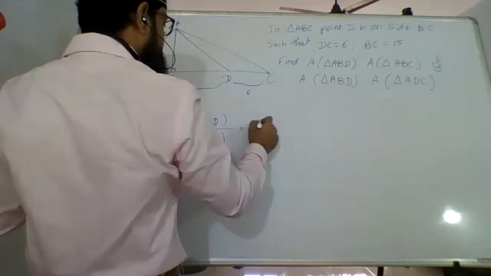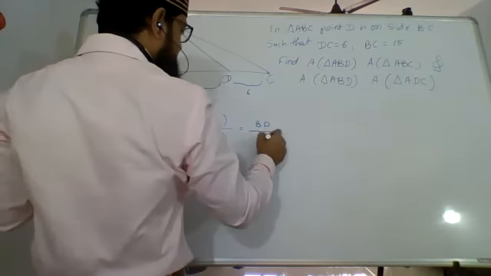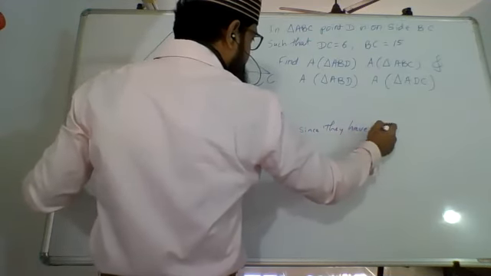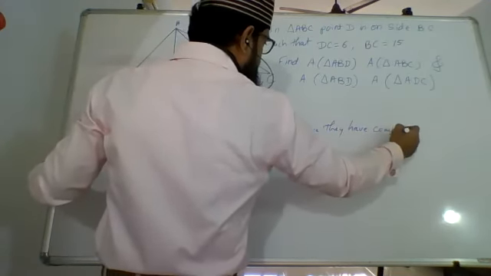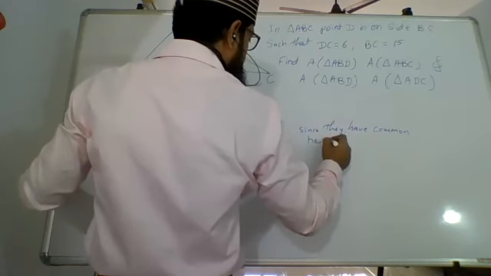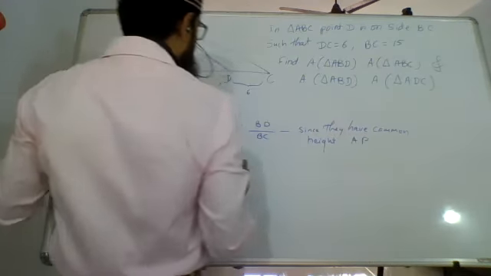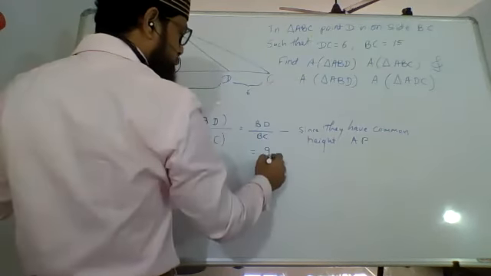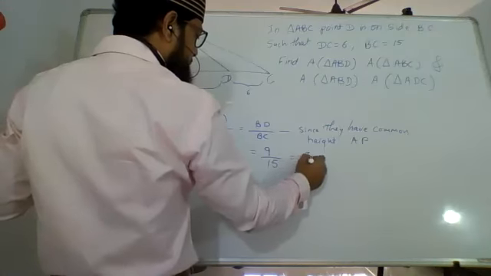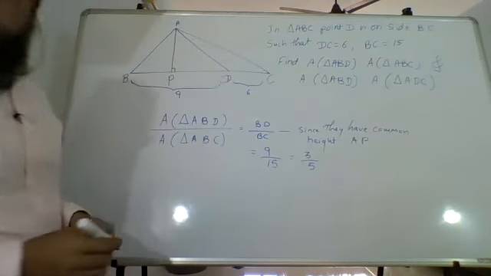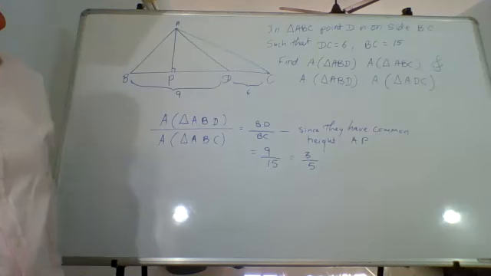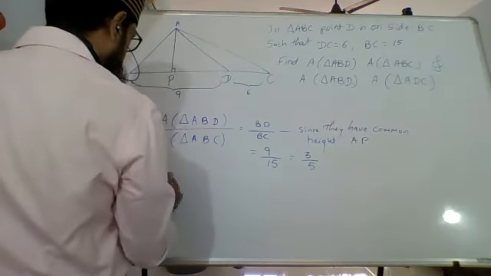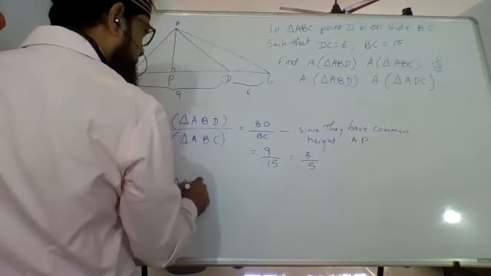So in the first case, it is BD upon BC, since they have common height AP. Now, how much is BD? They've already found out, 9. And how much is BC? 15. So 9 upon 15, which is 3 upon 5. Similarly, the second that they have asked us, area of triangles ABD